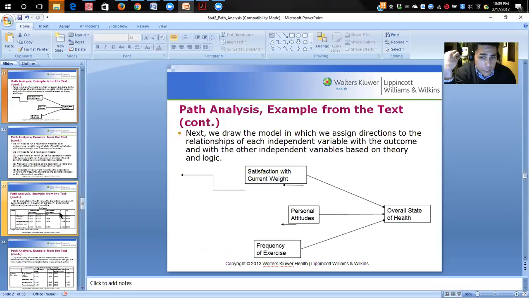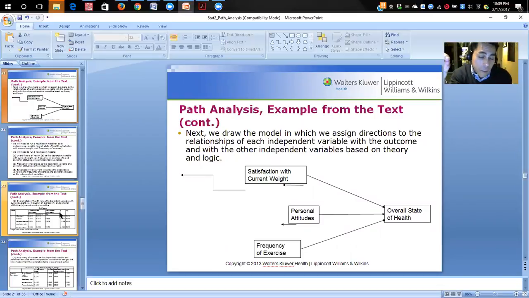It means that it's non-spurious, that you've already accounted for all potential confounding variables, that you have a very good understanding of this latent variable, which is overall state of health, and that you've already accounted for all of the independent variables because you have a very thorough understanding of the phenomenon, and that you already measured all of these independent variables, and now you are looking at the indirect, the direct, and the total effect of each independent variable, and then you are going to examine